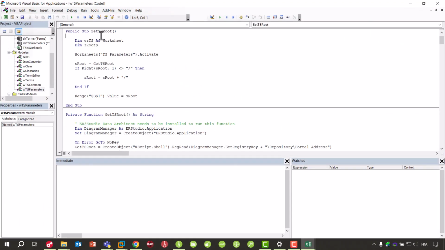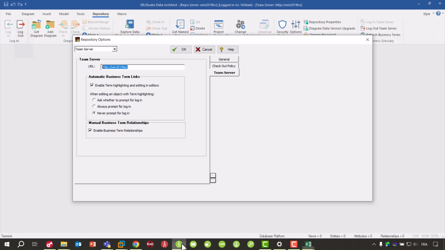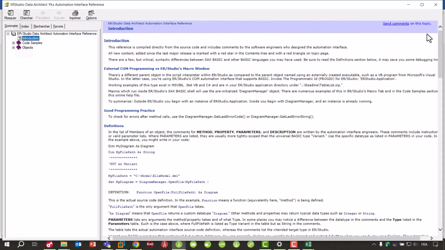I can go to the code, and I can see that I go to the worksheet TS parameter, and then I call a method which is get TS route, and this method is using an RStudio application. So if we look in RStudio, here you have a documentation. If you click on the small arrow, you will have the automation interface reference. If you open it, you have all the explanation of how to use